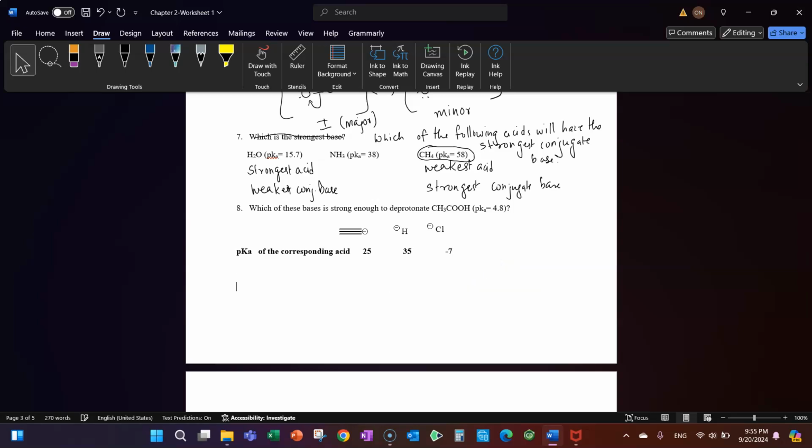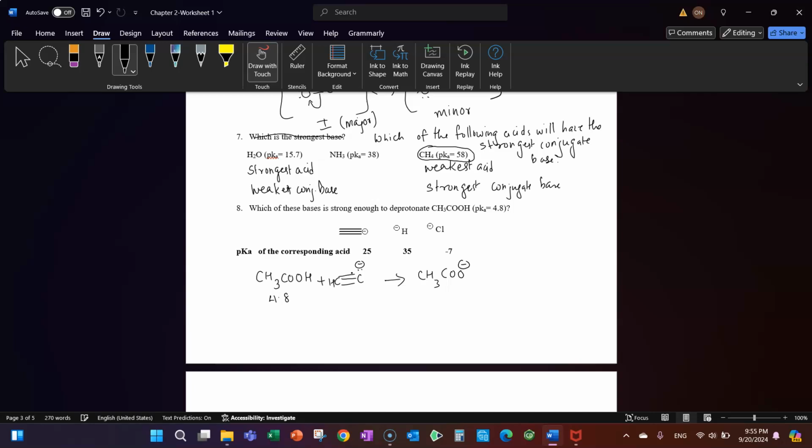So here the best way to answer is to draw out the corresponding acids of these. These are the conjugate bases of the acid, and it's asking what happens if you react each one of them with acetic acid, whose pKa is 4.8. Say, for example, you treat the first one, a carbon with a negative charge, with acetic acid. Here there is a carbon with a hydrogen, and the product would be